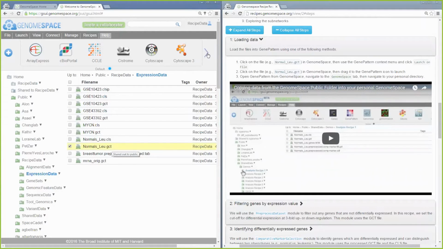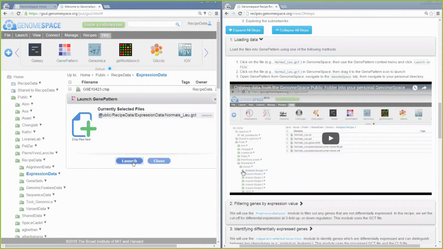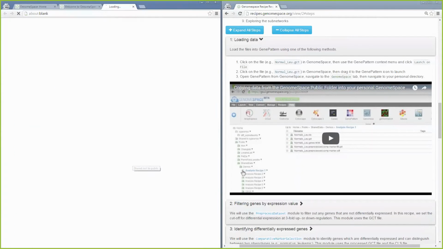And then we want to click on that file and find the GenePattern icon. And now we'll click on GenePattern, click Launch, and this will send that file to GenePattern.